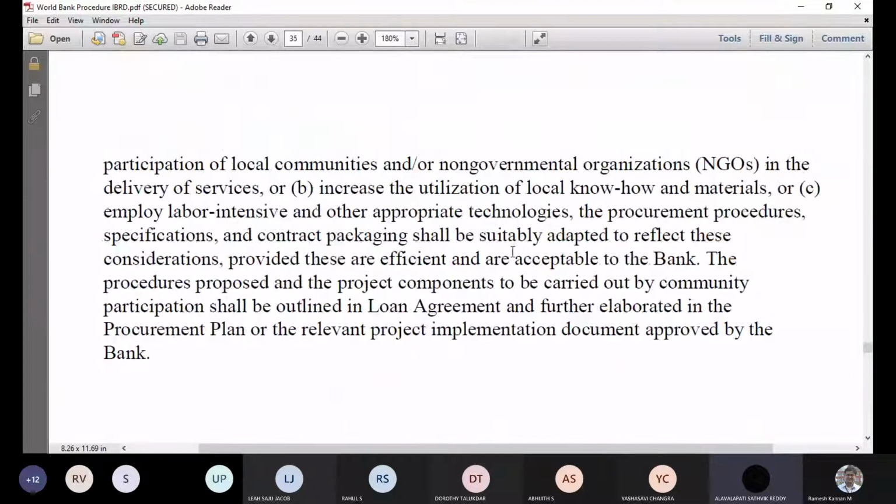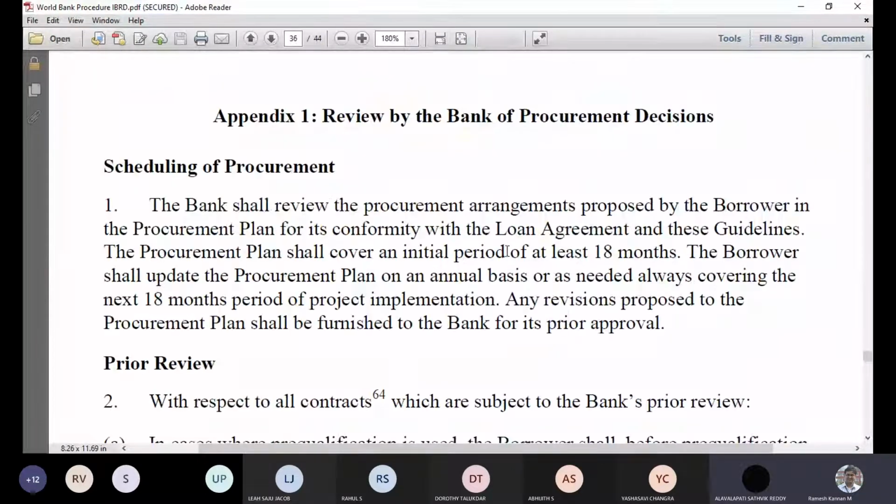And I think that's it. Other things are like the appendices, like